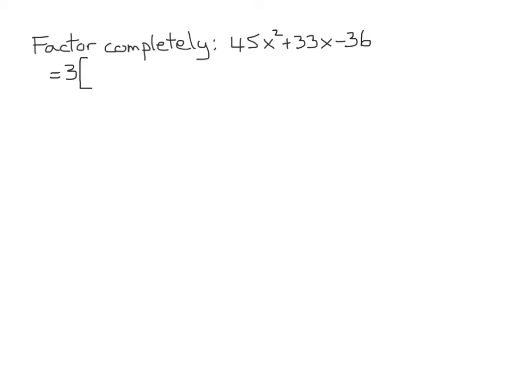And 3 goes into 45 15 times, so it's 15x squared plus, 3 goes into 33, 11x, minus, 3 goes into 36 12 times. So at least my numbers are a little bit smaller. So now we're going to concentrate on factoring this trinomial. But don't forget, we're going to have to bring down this 3 in front of our final answer. So what we're going to do is look at this trinomial in here, not the original one. We're going to look at this, and we're going to compare it to